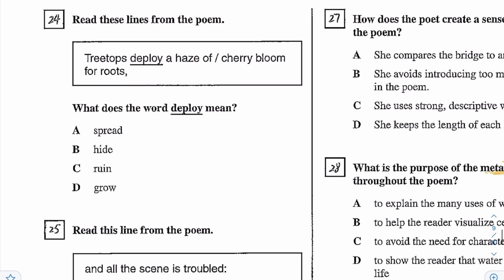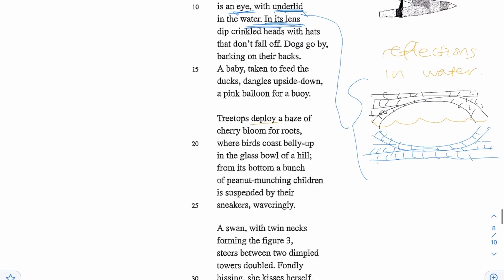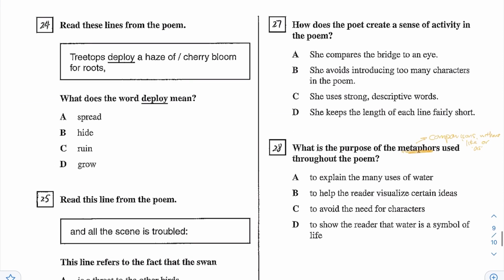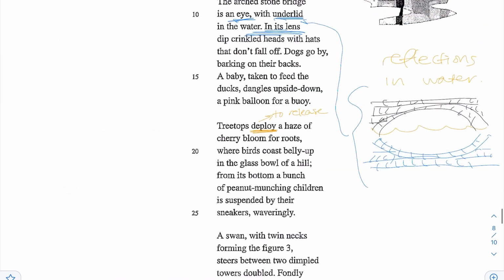So from question 24, read these lines from the poem. The treetops deploy a haze of cherry blossoms for roots. So the word deploy, if you look at deploy here, means to release. So deploy means to release, or choice A, to spread. So what's happening here is when you have trees